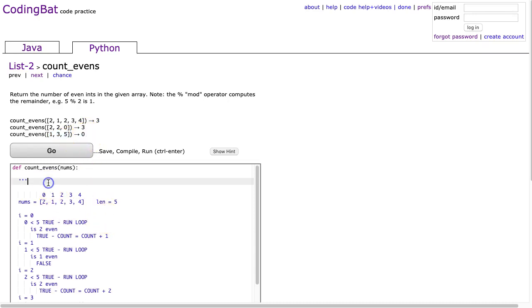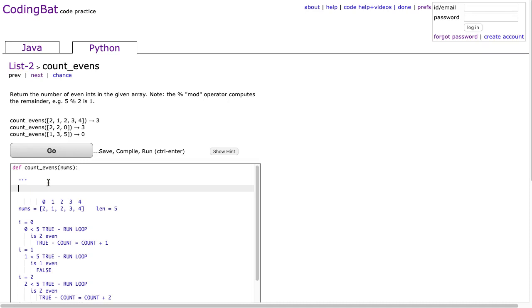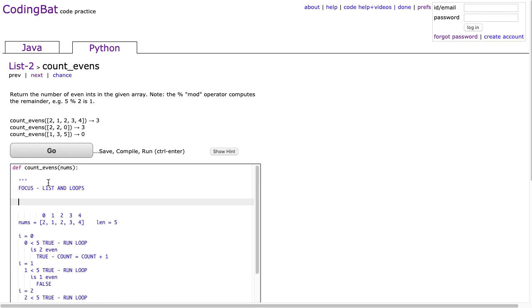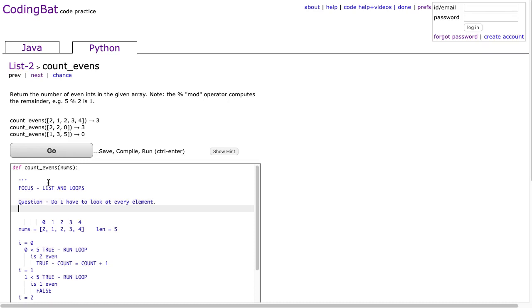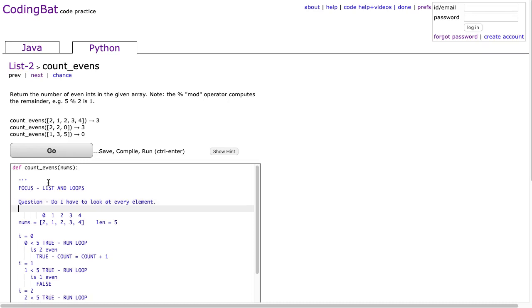All right, so we are just starting into list 2, which is a section inside Codingbat, and what the focus here is, lists and loops. And really, the question to ask yourself is, do I have to look at every element? So often when I do this question with students, I'll say something like,